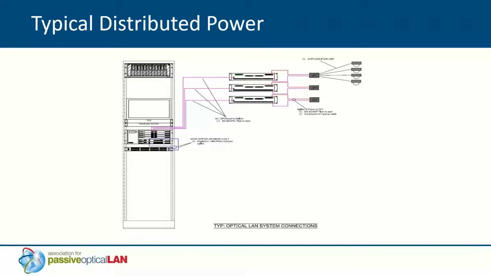So what that allows you to do is take your ports from your ONT or your OLT out to the combined splitter/power supply, and then from there, wherever those are located, take your splitter feed and your power out to your ONT and then extend onto your end device. Next slide.